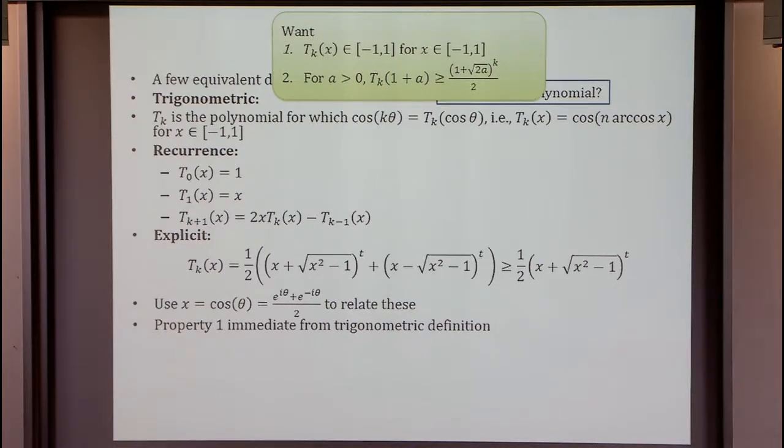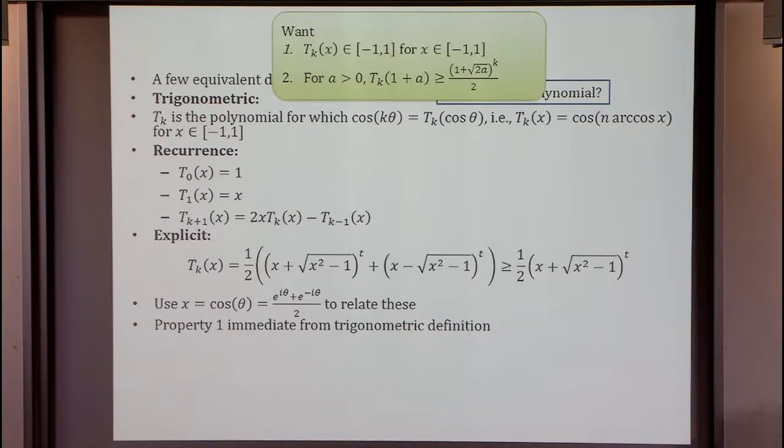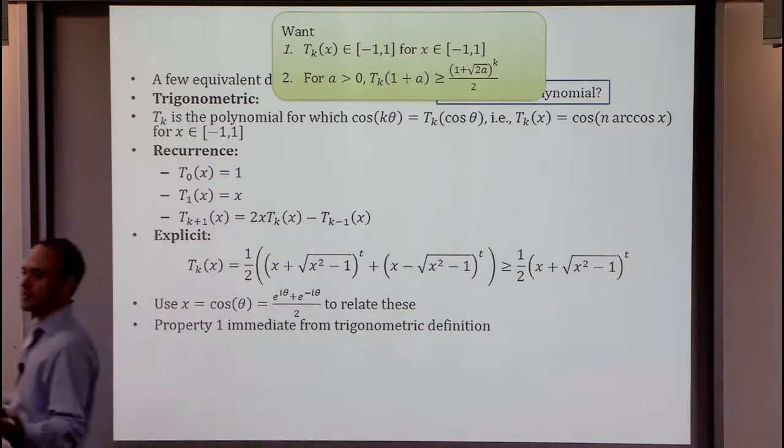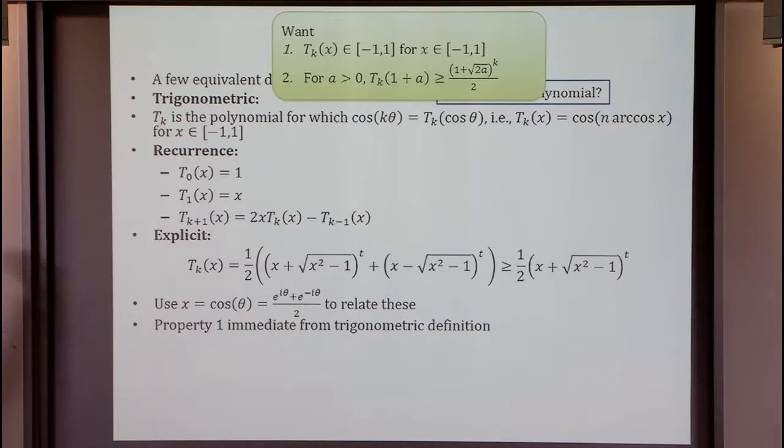And so the something is going to have a cosine that is between -1 and 1 because it's a real number. Okay, so that one was trivial, and that was why I got these little zigzaggy things. That was more or less what this is, a slightly transformed cosine. And so that's the squiggles, and note that the number of times it turns around will just be, up to plus or minus 1, the degree of the polynomial. Okay, so property 1, that it stays bounded inside the region, is easy.